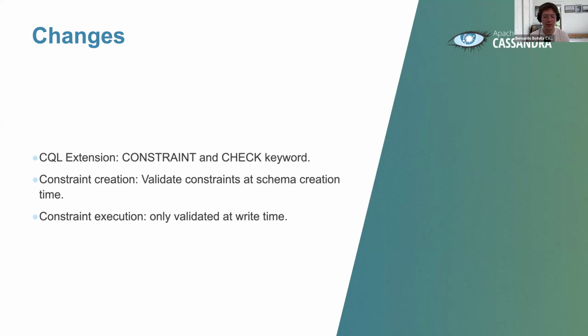If we enforce this at read level, that would mean that that data is not available anymore. You cannot read it, you cannot access it. You will get an error because it's not satisfying the constraint. So what this means is basically that you can have data in your database that does not satisfy the constraint, but still have a constraint. What that constraint will do is no longer allow you to write new data that breaks the constraint. I hope that made sense.